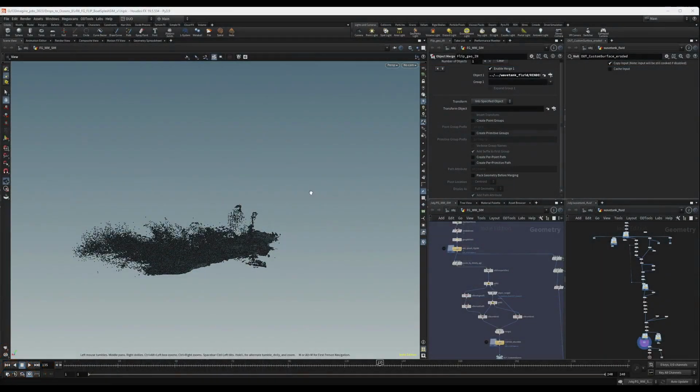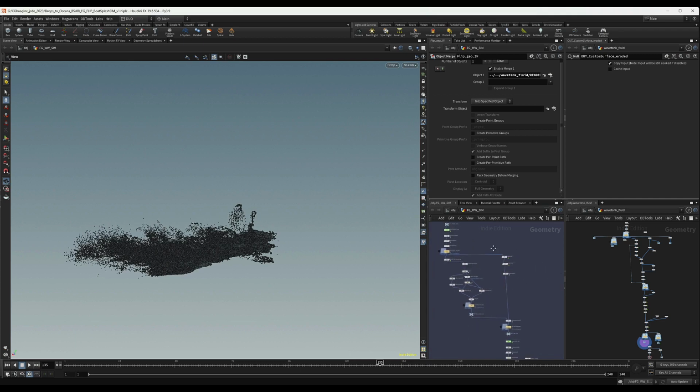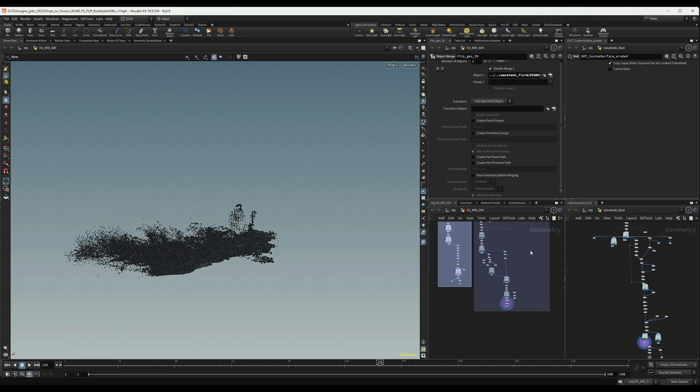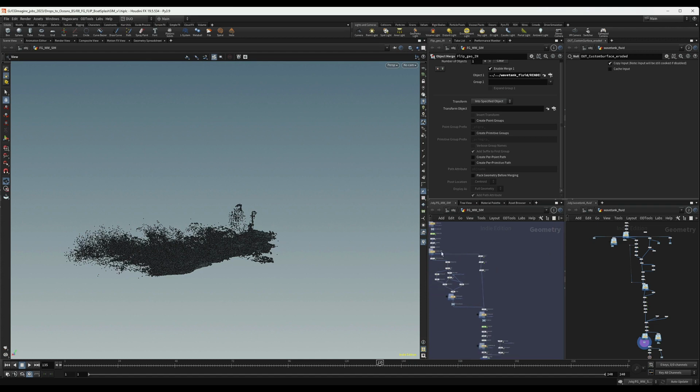Hey guys, welcome back, and we keep working on our splash. The next stage that I want to add is just a little mist, a little volume that is flying from this. This is much easier and simple to build, and we're going to go with a very simple pop simulation. But let's get our emission